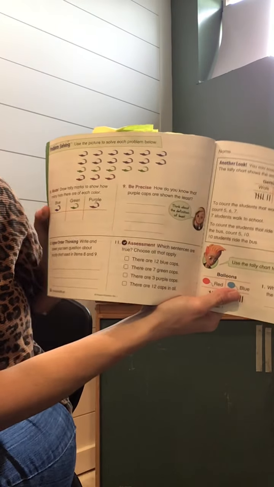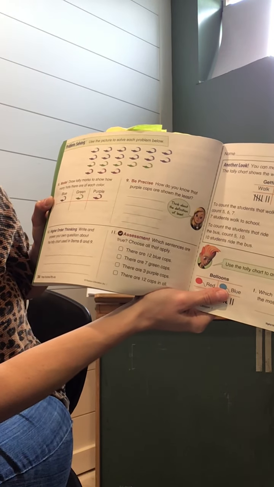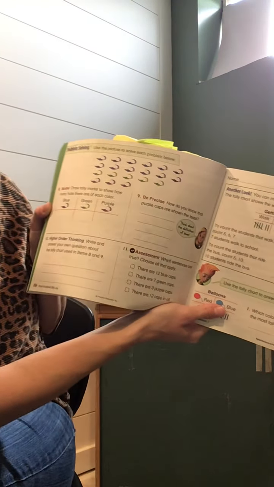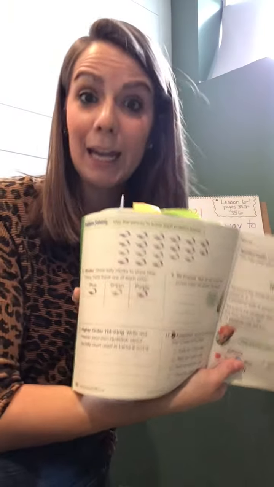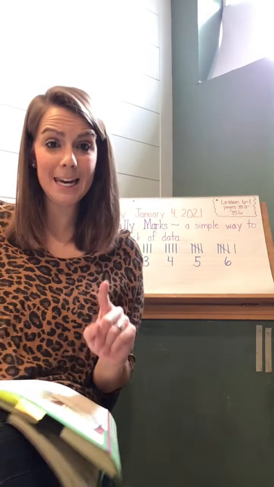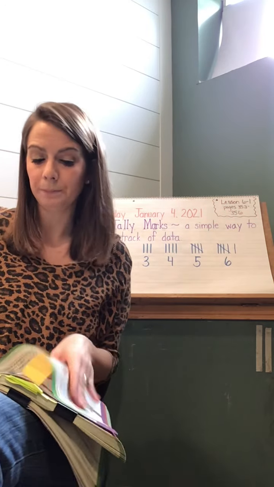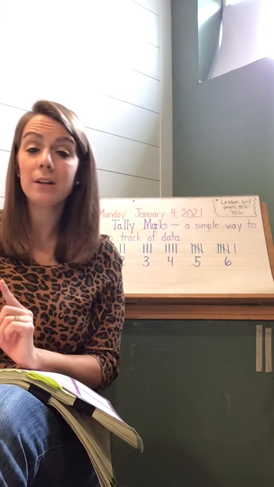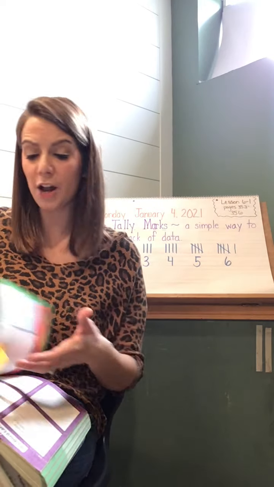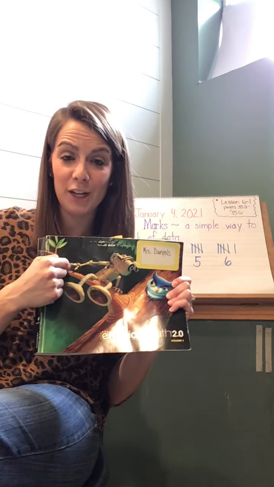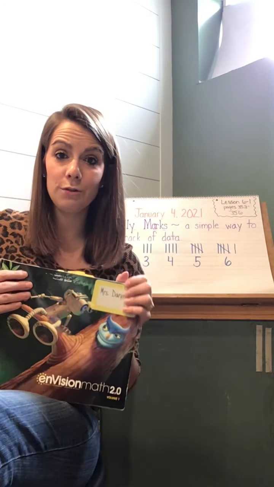And then on the back, on page 356, they want you to solve the problems that have to do with these hats. There are different color hats. There are some blue, green, and purple. So make sure you use those tally marks neatly to show your information. So for today, for Monday, you're gonna do pages 353 to 356. Don't forget to have your grown-ups take a picture of this, send it to me on Dojo,